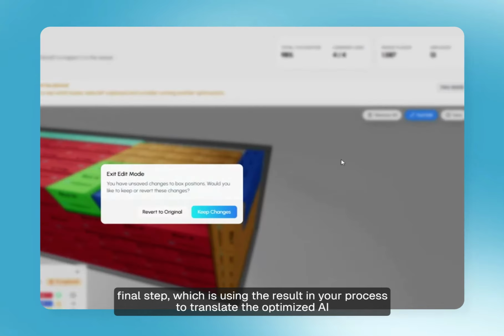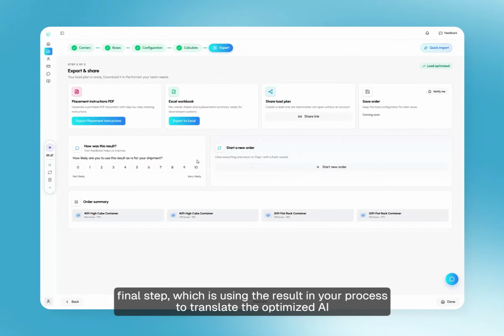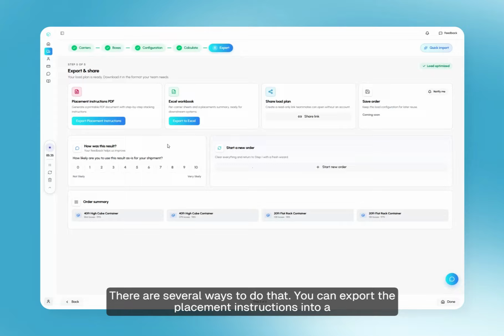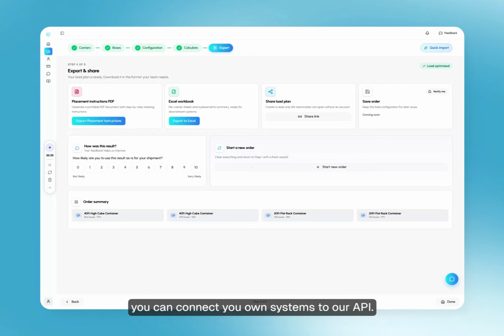Then you move to the final step, which is using the result in your process to translate the optimized AI result from the viewer into real-world situations. There are several ways to do that. You can export the placement instructions into a placement loading manual. You can export the raw placement data of each item to a spreadsheet. You can create a shareable link to share the results with your team, or you can connect your own systems to our